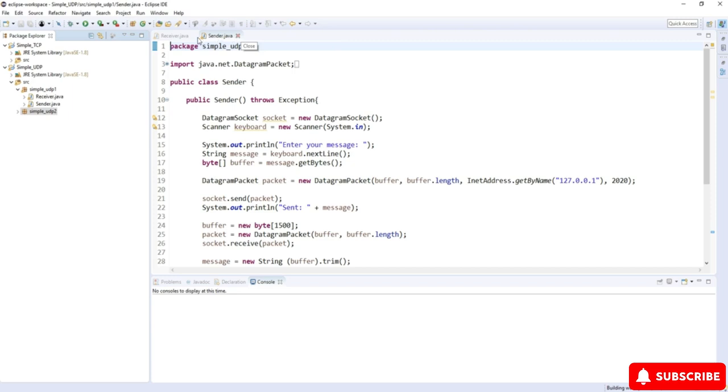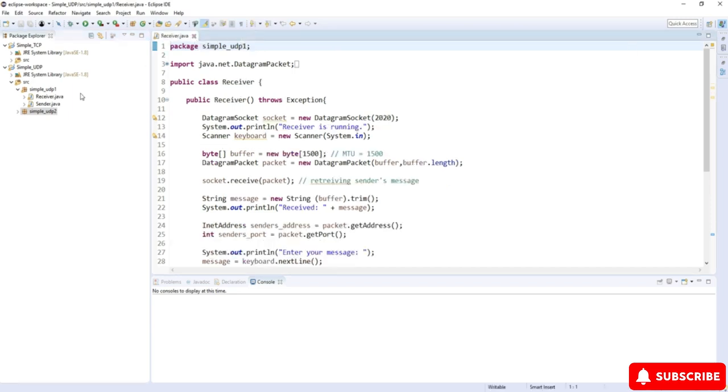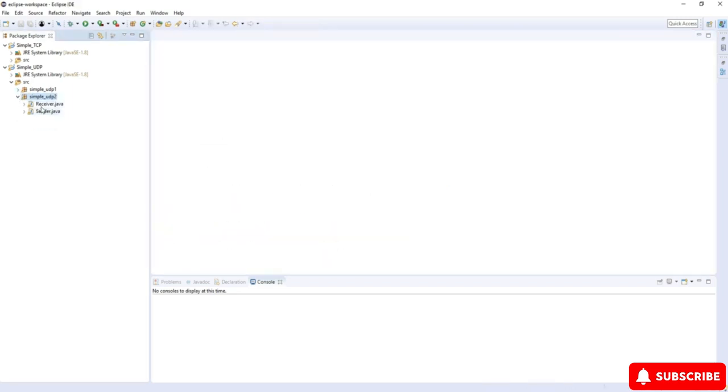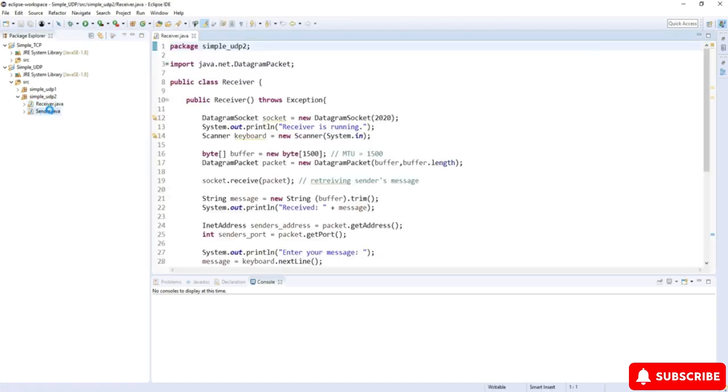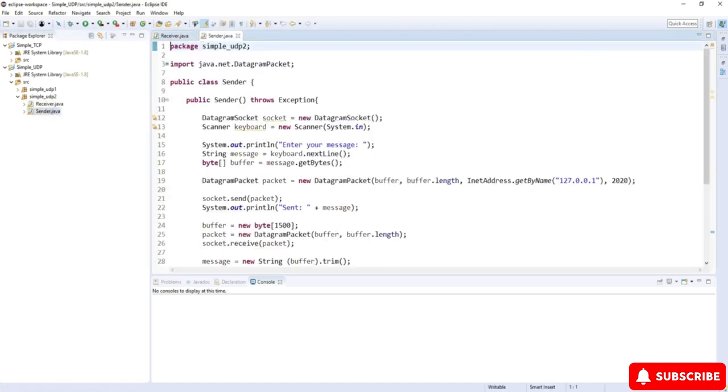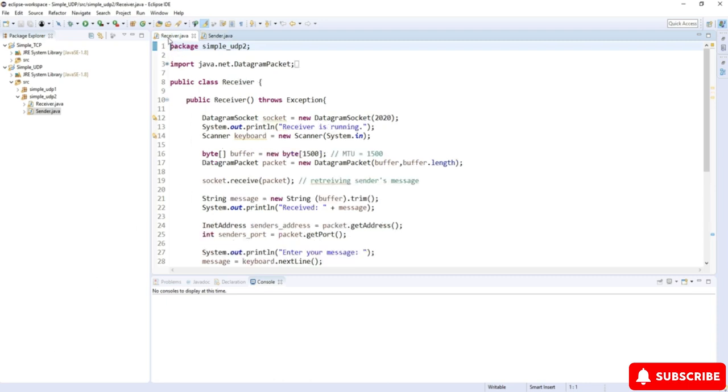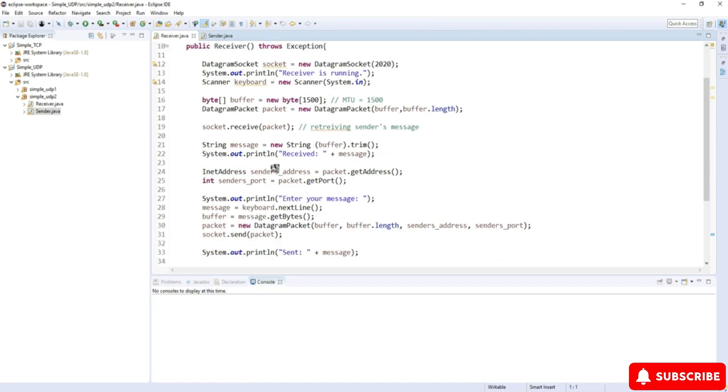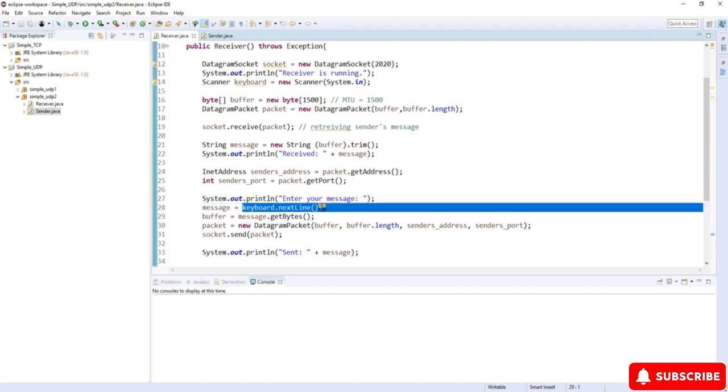I'll close the previous two classes and open the two new ones. The thing we're going to change is we're going to allow these two to continue to communicate indefinitely, but only the sender will be able to enter their message. The receiver can just send